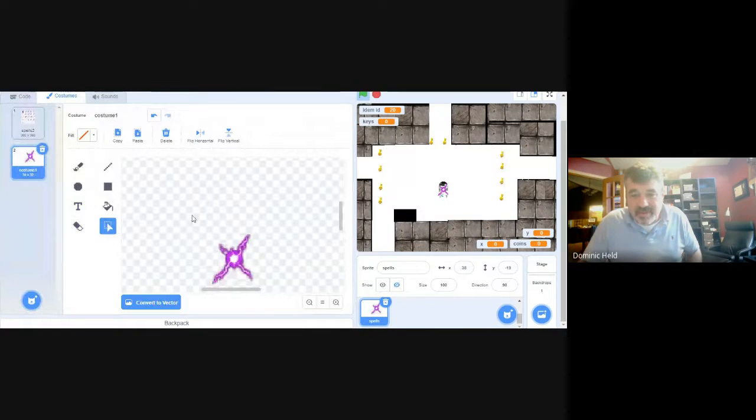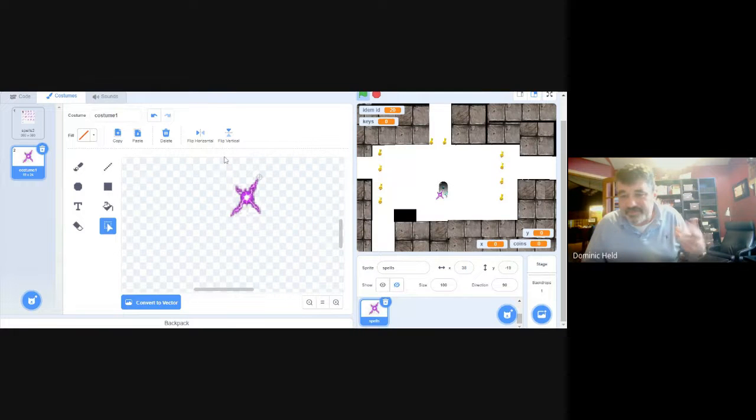So now I'm going to go into the costumes. I just kind of want it like that maybe. And maybe it's a little too big. So still, notice I can still adjust it and tweak it to what I want it to look like. All right, so maybe that's what it's going to be. Okay. And it kind of depends on where I'm standing. It's kind of cool. Okay. All right. So now